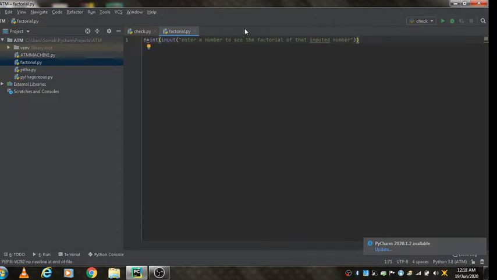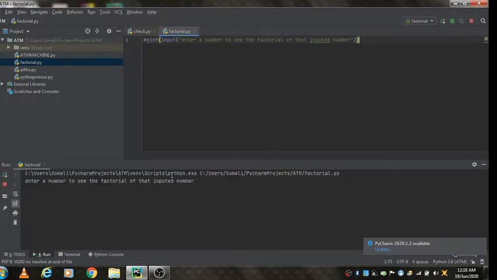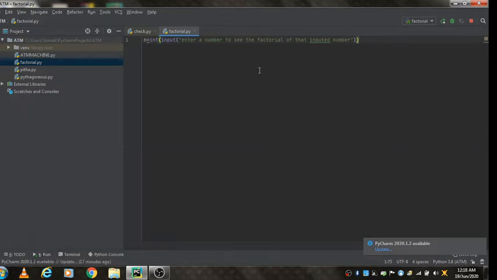And run it with Shift F10, because Python is an interpreter-based language. Enter a number to see the factorial of that number.